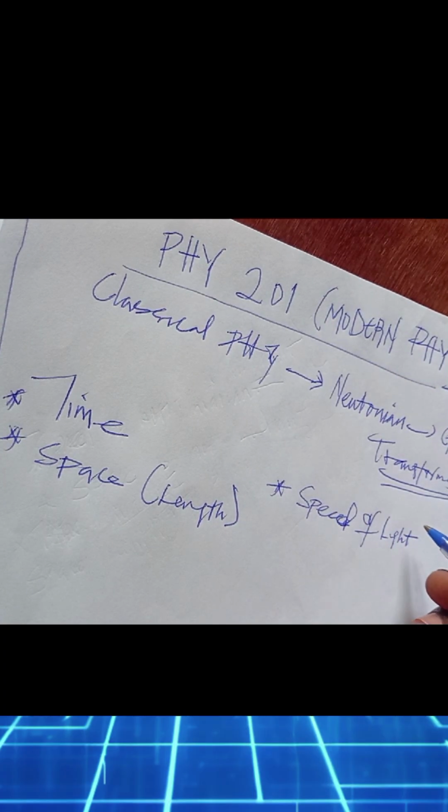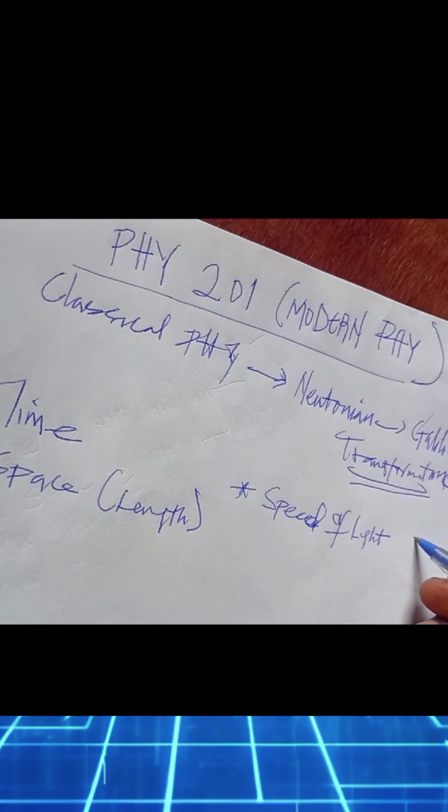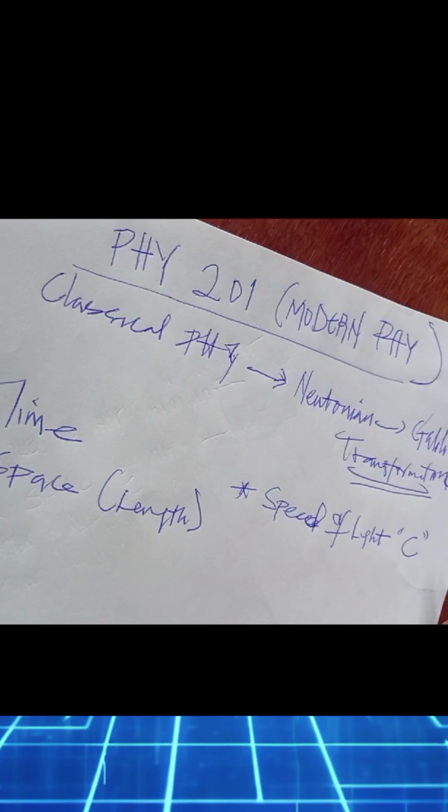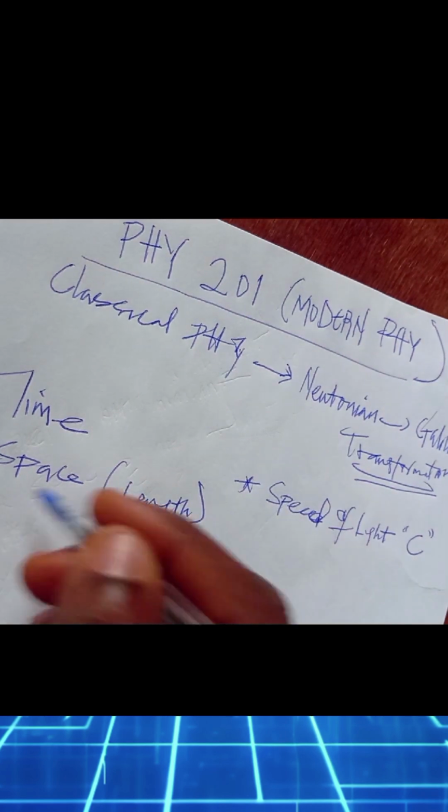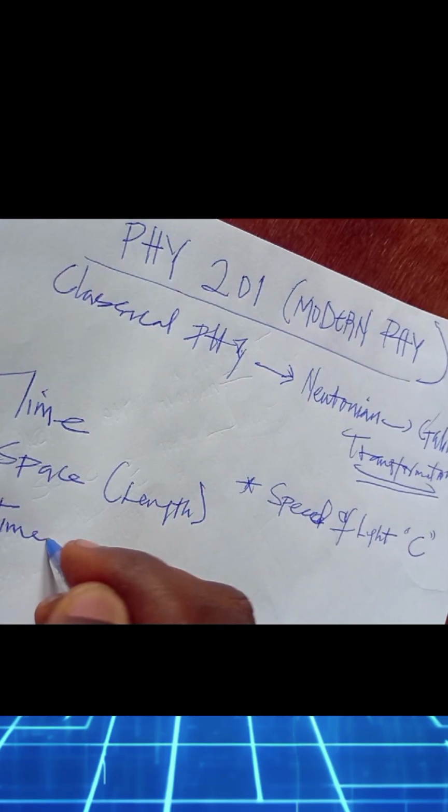Speed of light is denoted using c. Now, in this Newtonian physics, you see that time is